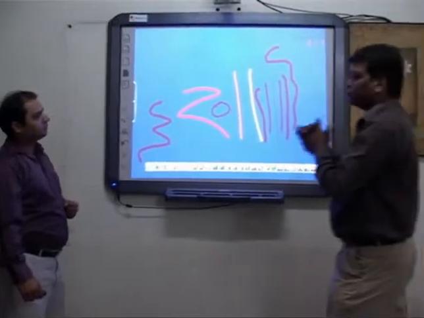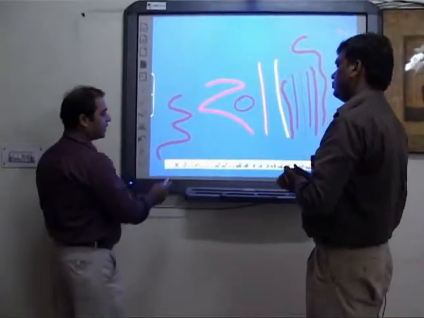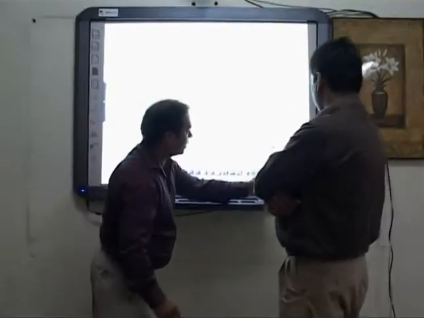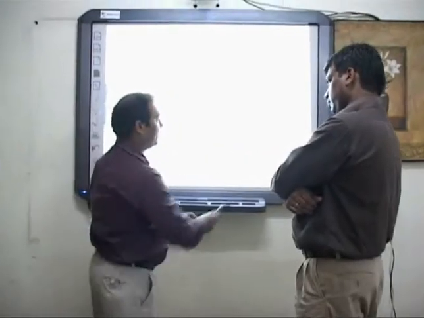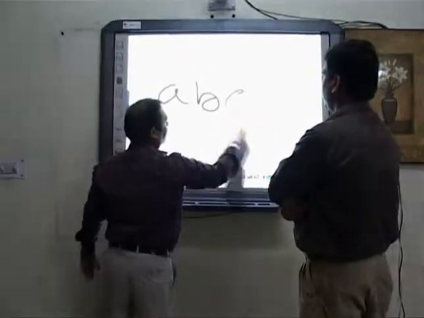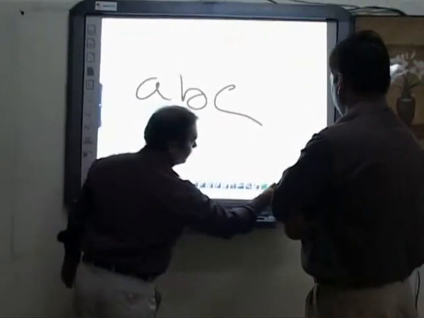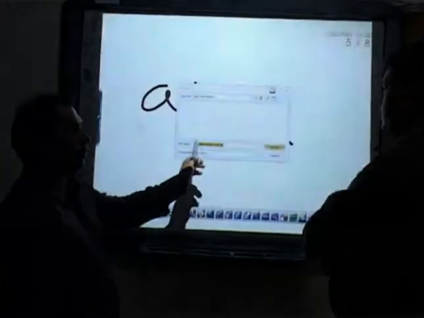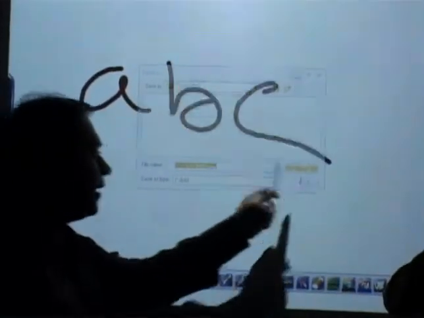Can I record my voice also? Here there is a function. We have two types of recording function. There is a record function. If I select this one, we can record our entire session in a video format, but the recording is saved in a DPP format, that is our whiteboard format.